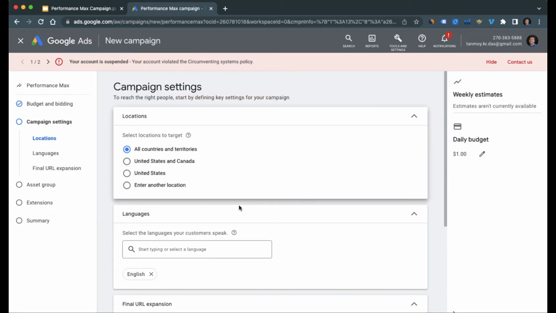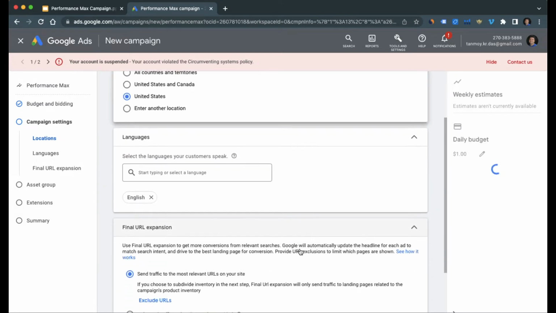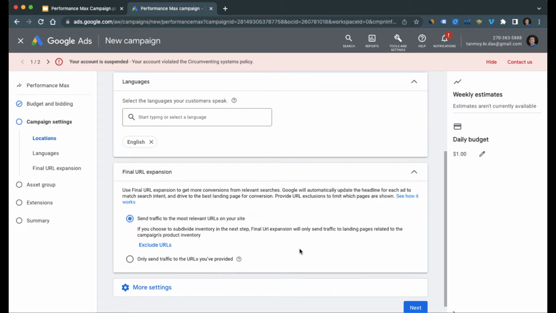Then we have to give the campaign settings location targeting. So you can choose your location. You can choose your language targeting as well. In this Performance Max campaign, Google also launched a new feature called